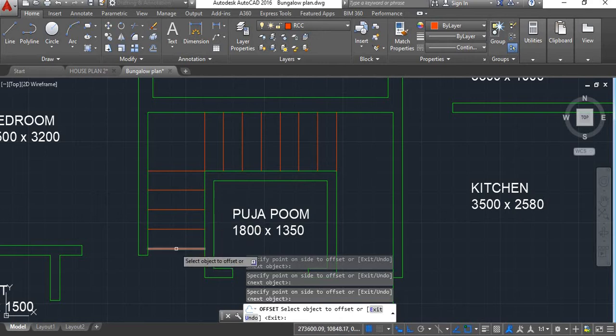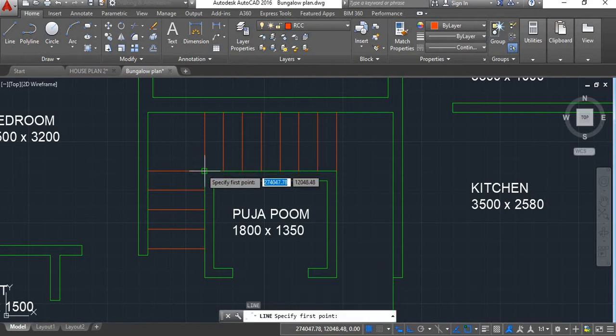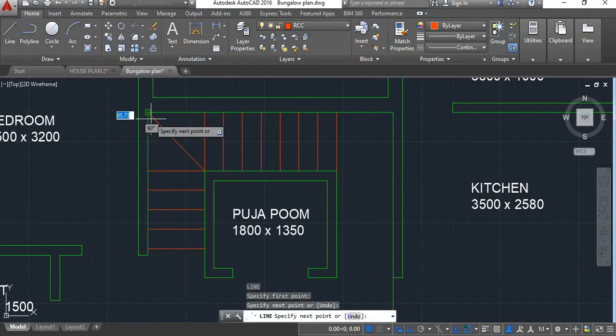Now if I take this 6th riser here, then it will come outside this wall. So we don't want any step outside this wall. We want to end our staircase at this wall. So what we'll do, one step or one riser we'll take at this landing by providing a winder. So we'll take a line command and draw a line here.